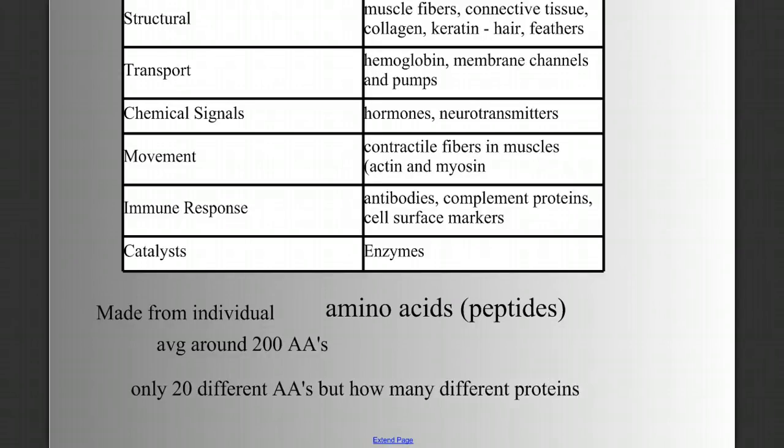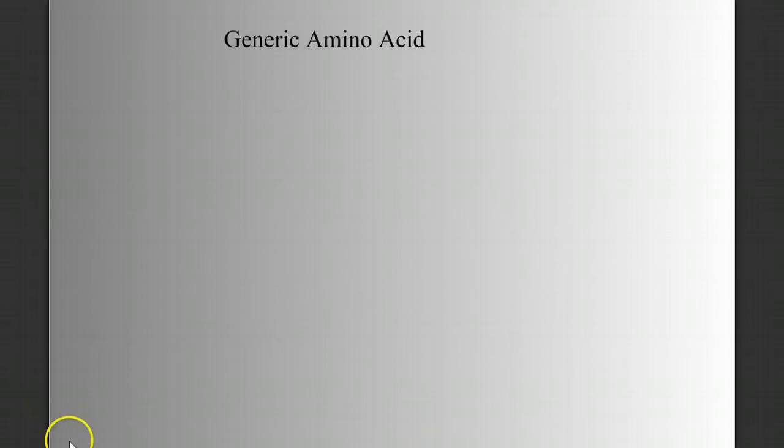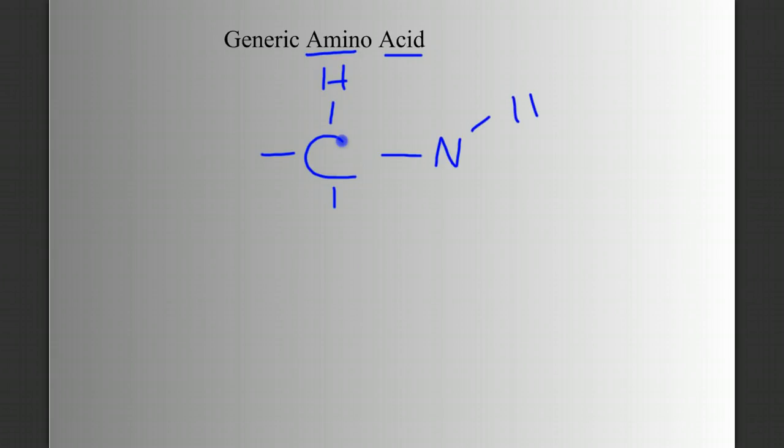So let's look at the individual building block of proteins, the amino acid. Every amino acid is basically the same. You can draw an amino acid as taking a central carbon. Carbon likes to make 4 bonds, and building off of that, on one side we just have a hydrogen, and then we need to look at what else we have here. Well, it's an amino acid. So let's think about our functional groups. We need an amine group,